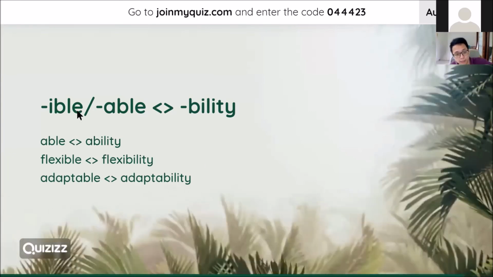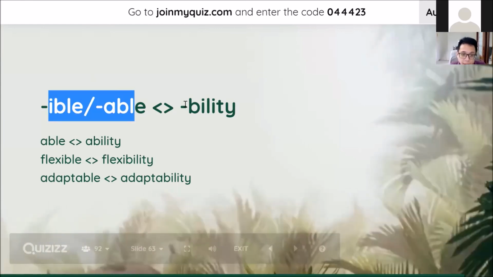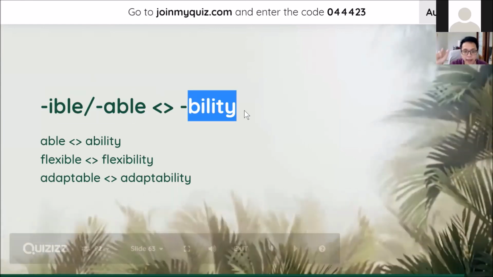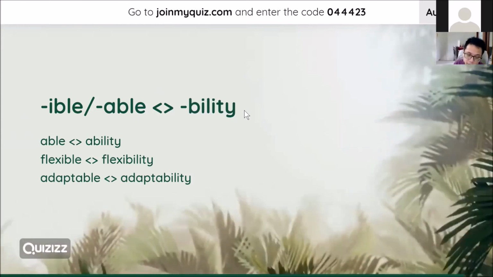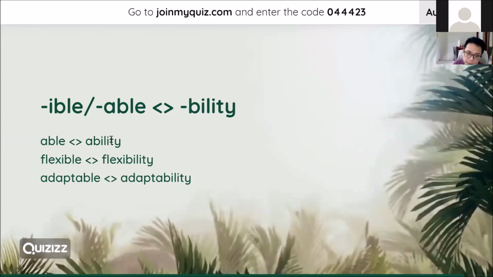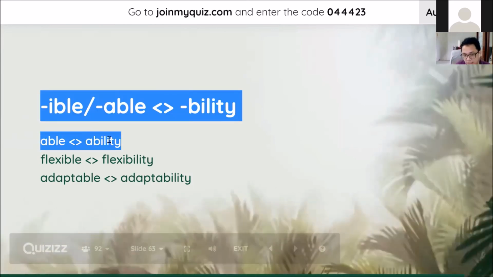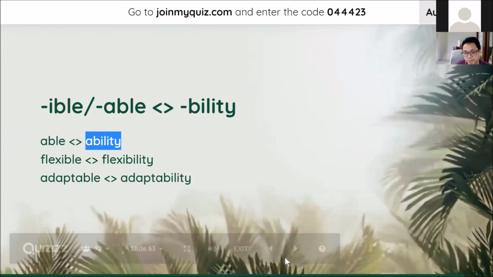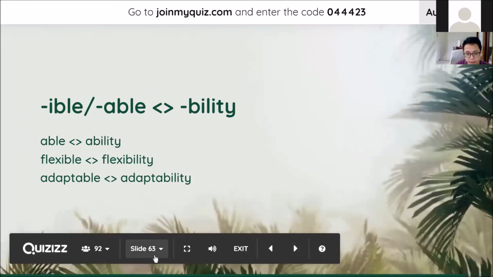So a lot of words that end with IBLE, ABLE, 这个是它形容词。你要变名词的时候，变成 BILITY, ability. Okay, because the root word is this able, ability. You just remember the root word, then you know. 这个是它形容词，这个是它名词。OK 啊？